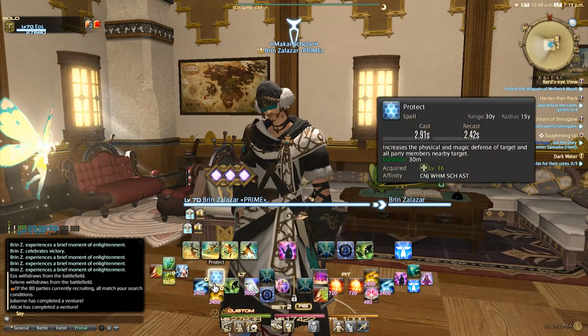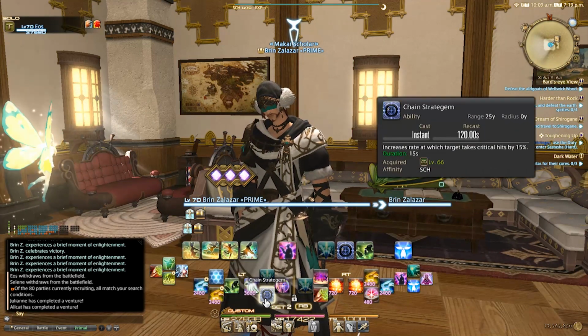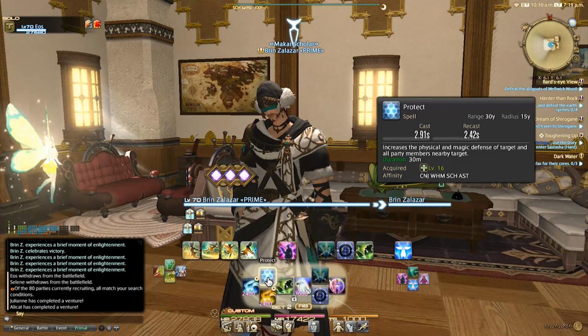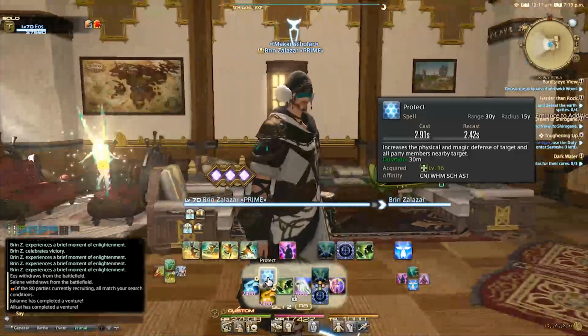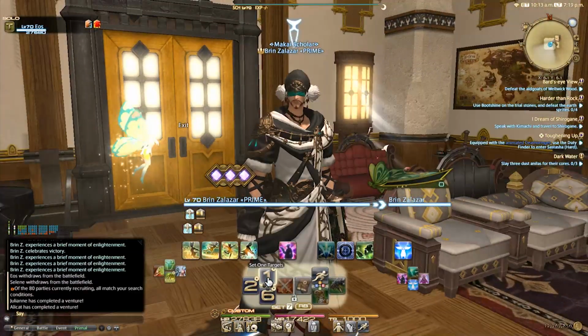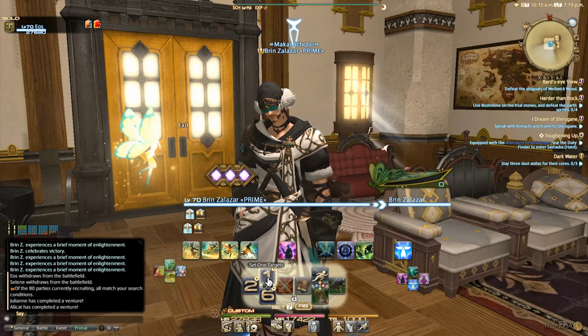So we just went over it. Protect, my 2 summon macros that help update my abilities, Resurrection, Chain Stratagem, Swift Cast, and Aether Pact. This always gives me access to those abilities whenever I'm on the move and whenever I need them. But again, you can always lay these out however you need. On the other side of it, I have my always shared abilities. Sprint, my book, my limit break. No matter what job I'm on, these are always the same.